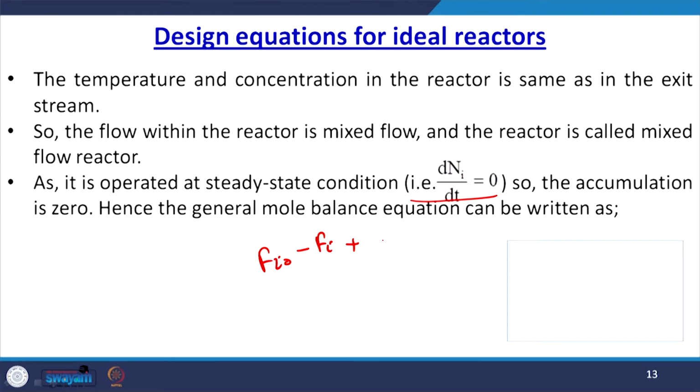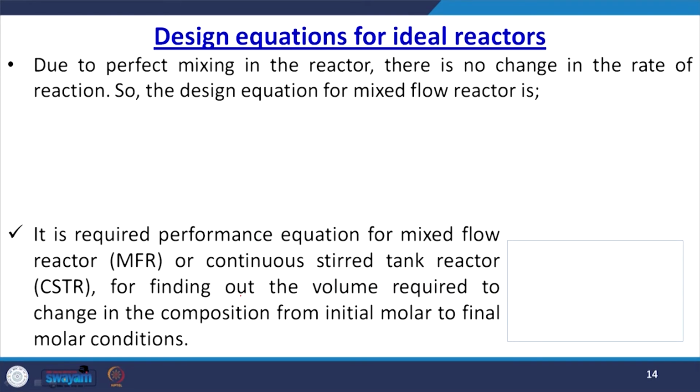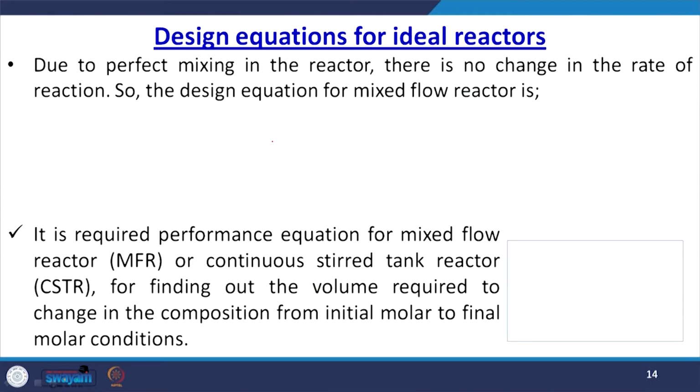Fi naught minus Fi plus the generation term equals 0, because the accumulation term in this case is 0. Now due to perfect mixing in the reactor, there is no change in the rate of reaction. Therefore, the design equation for MFR or mixed flow reactor can be written as V equals Fi upon